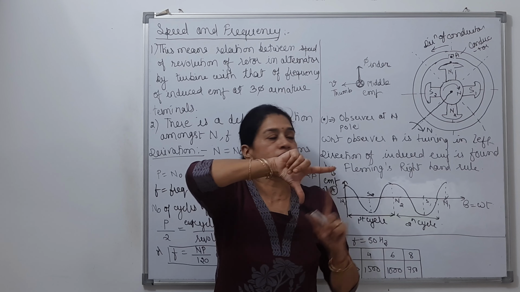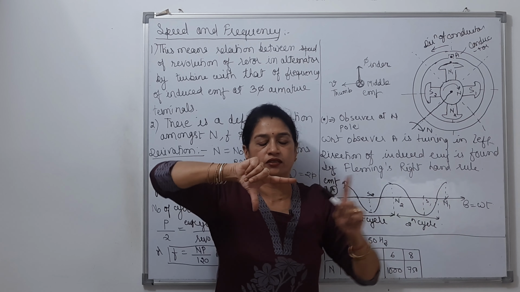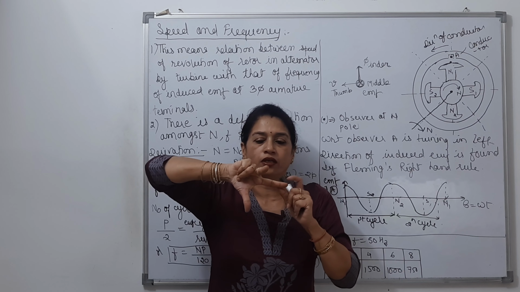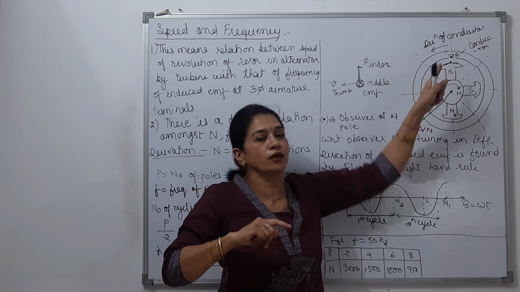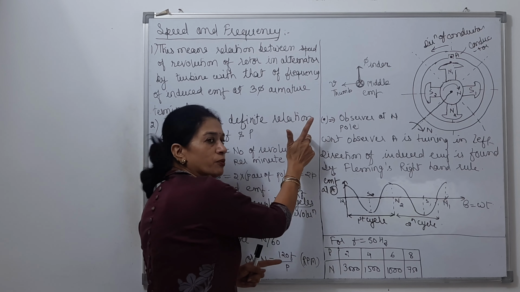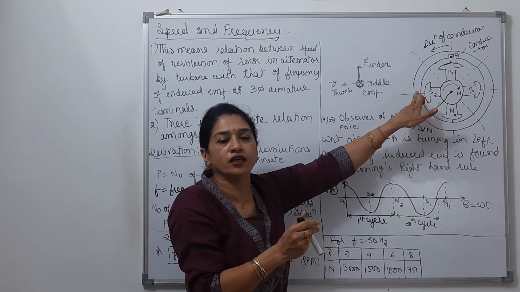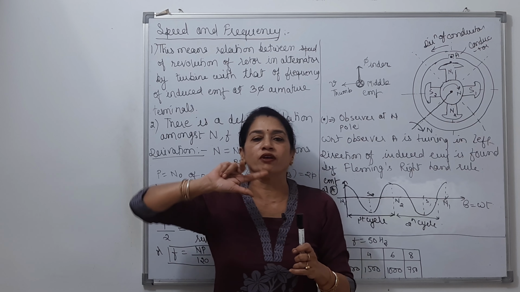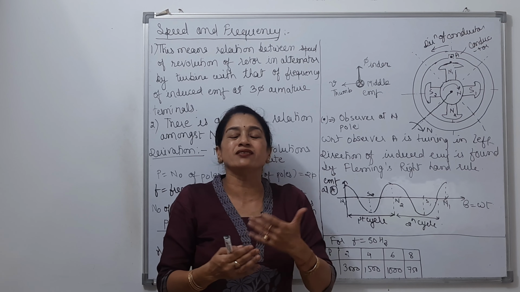Direction of magnetic field is inside the south pole, because the direction of the flux will be going inside the south pole. So this is the direction of field. So the direction of EMF would be like this. So when the conductor was under the impact of north pole, the EMF direction is perpendicular to the board and inside to the board. And when the conductor comes here under the impact of south pole, the EMF direction is outward and perpendicular to the board. That means the direction of EMF changes. So this creates the frequency of variation actually.